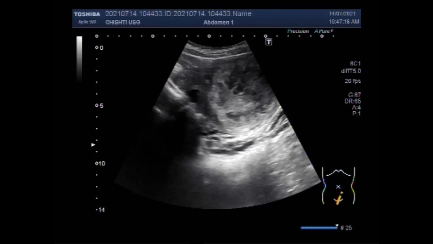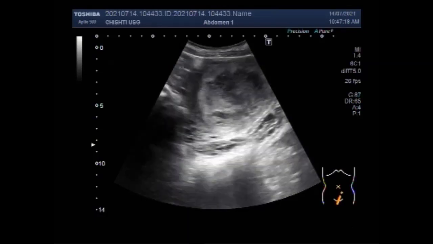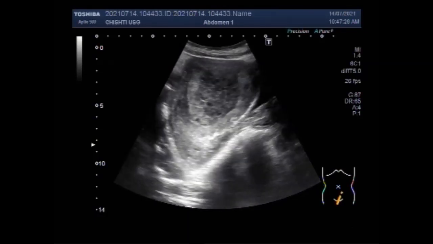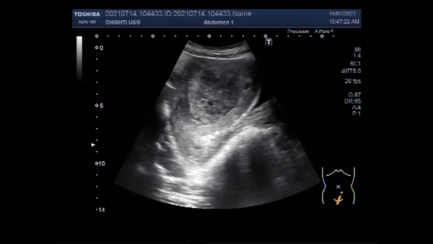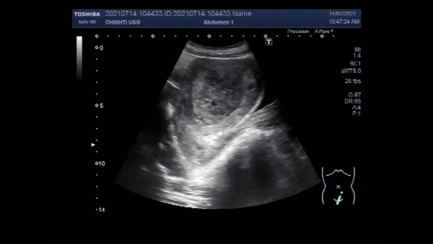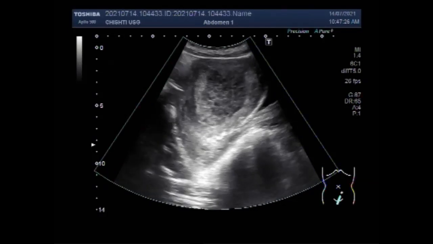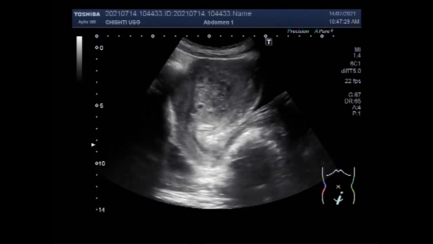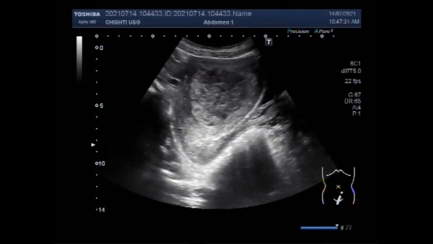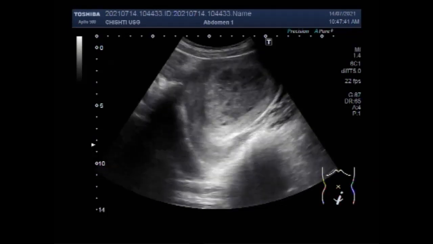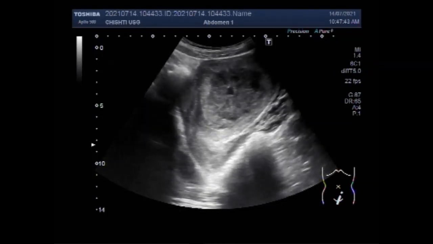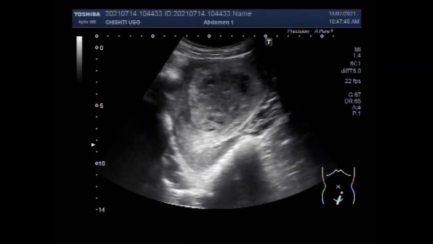You can see the uterus. And you will see the hereditary deformed mole or molar pregnancy in the middle and distal portion of the uterine cavity. A hereditary deformed mole is a pregnancy in which the placenta contains grape-like vesicles, as you can see in this case. These are the small sacs which are visible to the naked eye.